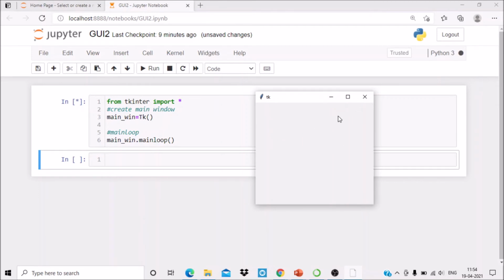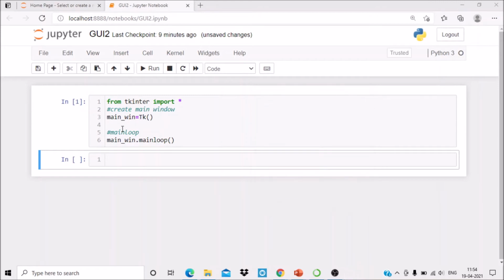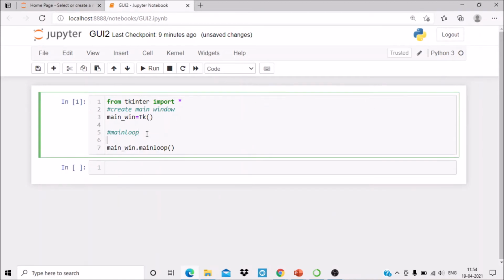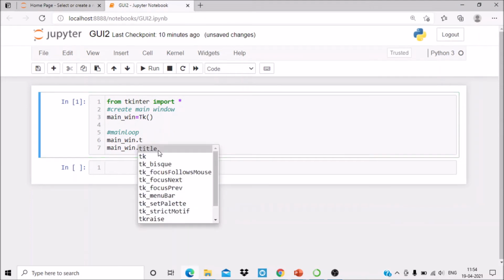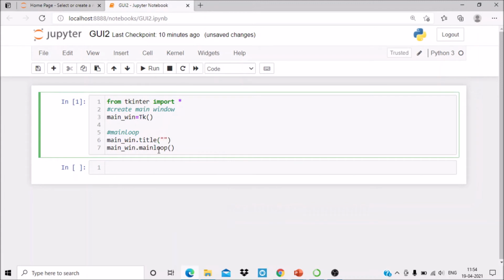This is the main window. Now the main window has Tk as its name, but instead of Tk you can give your own name on the main window. So I will add main window dot title. Title is the option, so you can give a title, for example first GUI.